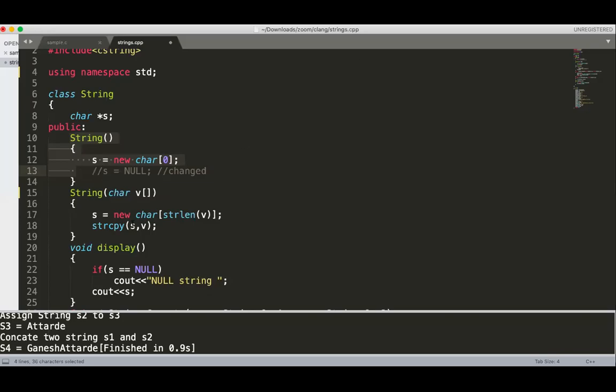How to create a default constructor? The constructor has the same name as your class name. Here, string is the name of your class, and default means there is no argument present here. Then in the brackets is your body, where you give what is stated in your statement.